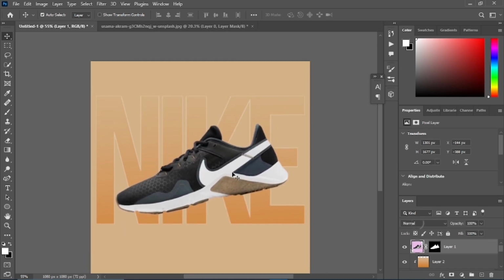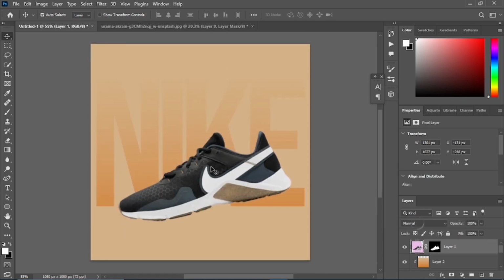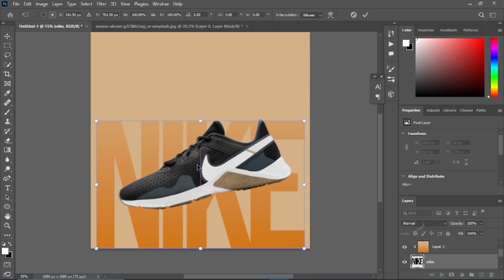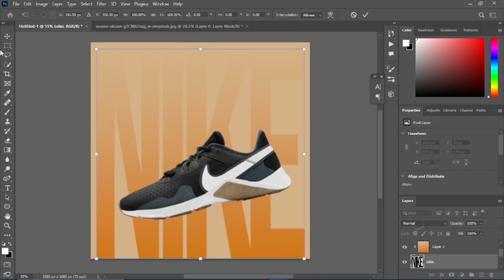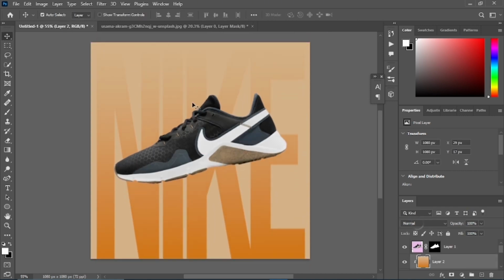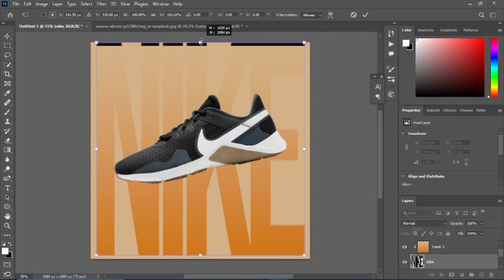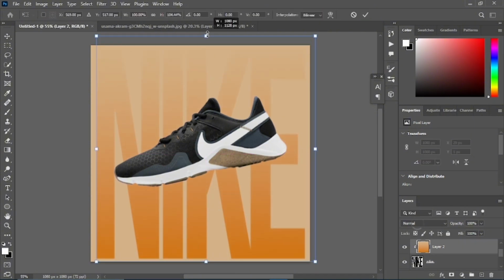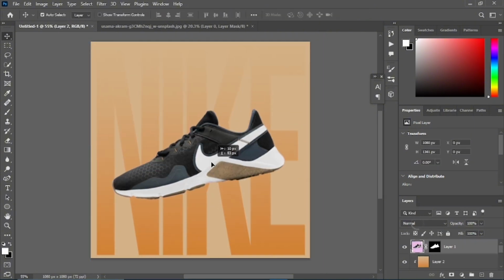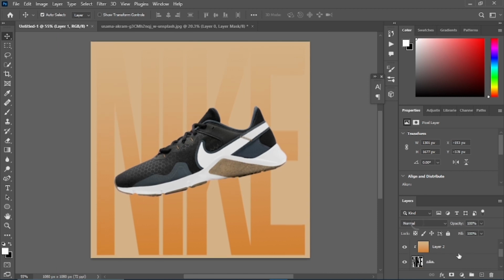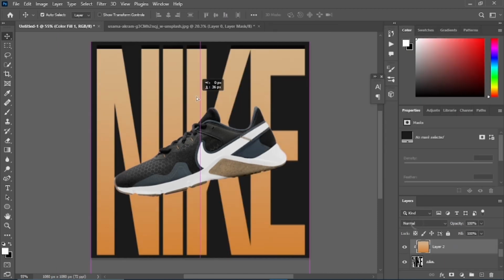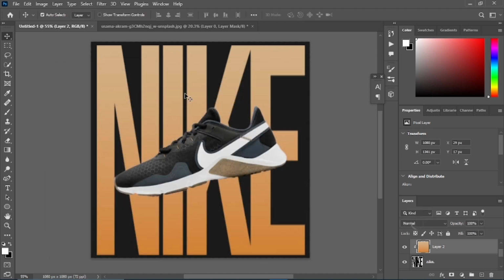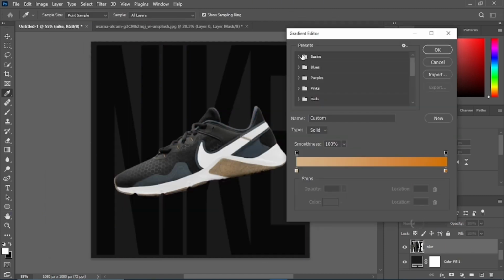I tried out this gradient Nike in the back as an element with a brownish tone, but now I'm going to try a different color combination actually, which will be like a black and white combination.